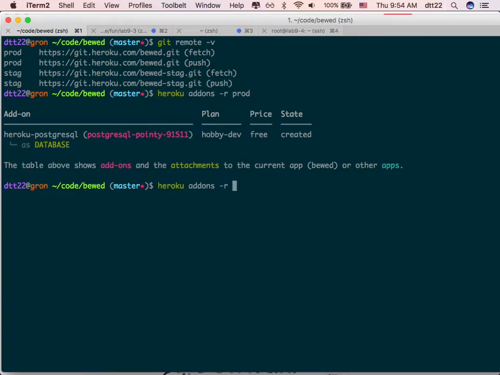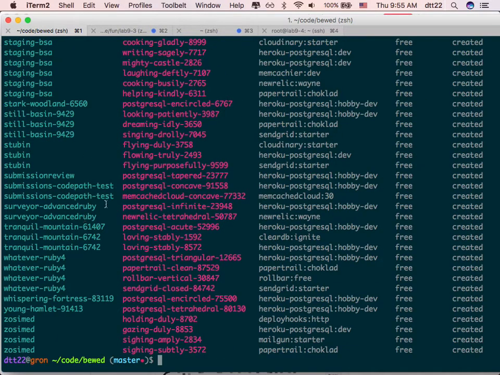There's not much there. So if I start adding one more, you see every time I do anything now, I need -r prod because there is more than one Heroku app. If I just want to list the add-ons, it will say there are multiple Heroku apps. Which one do you want to run? Right? Oh my god, I have so many. So, in fact, this is listing all the add-ons of all your Heroku apps.